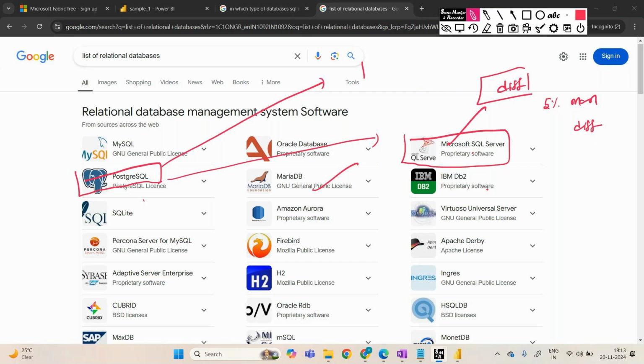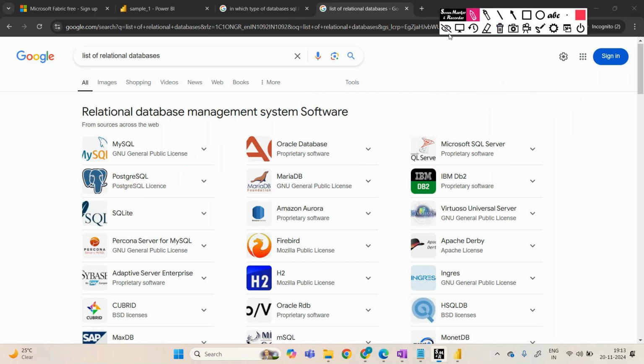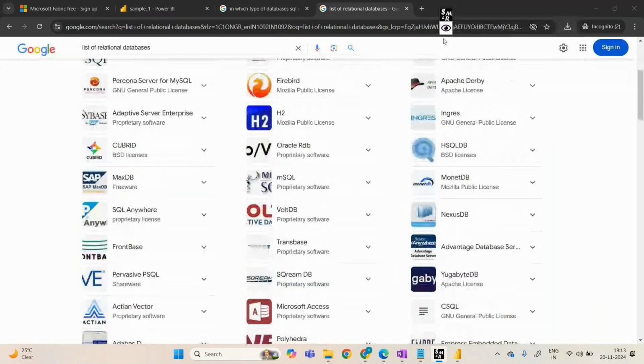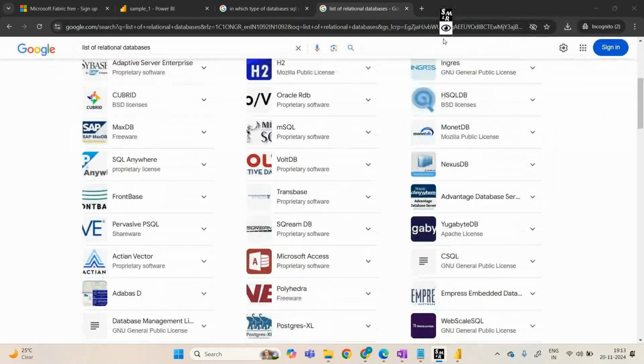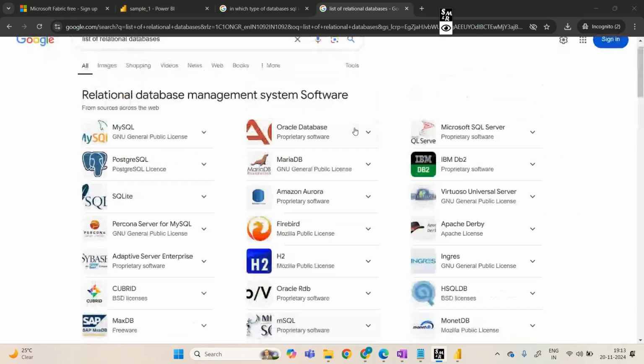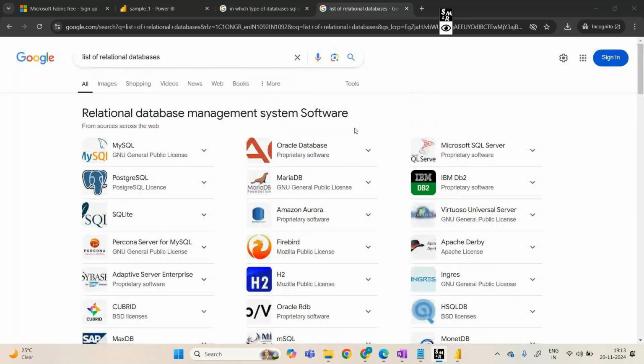If you see all these things after learning SQL, you don't need to worry about it. Go to Google, ask Google what kind of database that is, relational or non-relational. That's it. Apart from that, no need to go with anything. Okay, that's it. So here about this SQL part, we'll be learning about